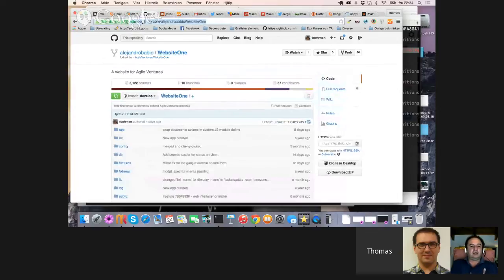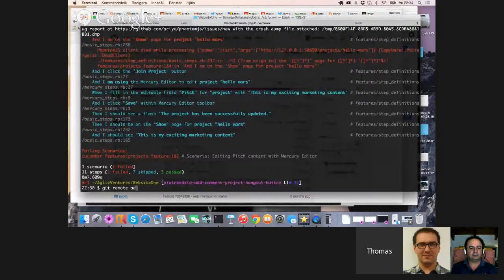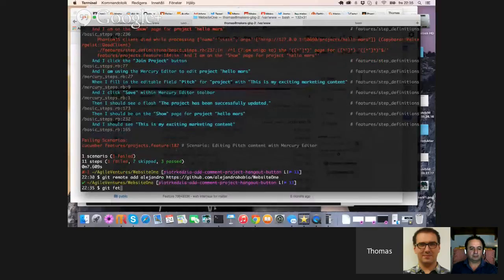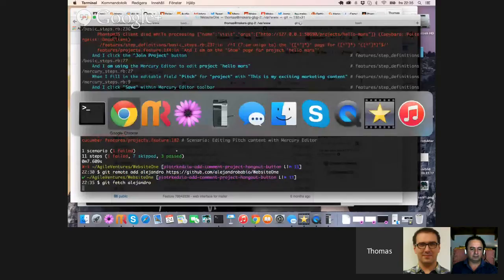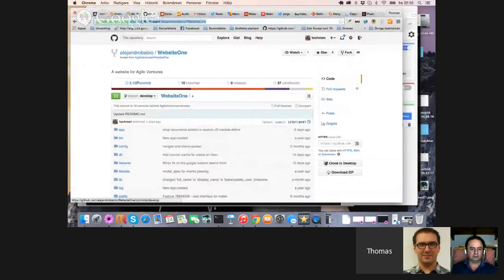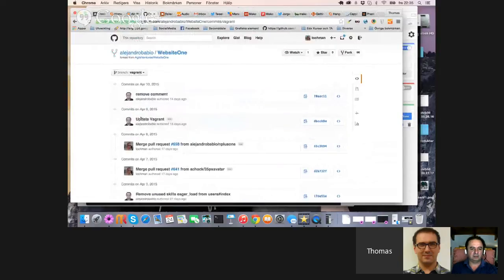Hold on a second. So okay, let's just do git remote add Alejandro and fetch. We'll just do vagrant. And that is the update. This is the one, right? So we will cherry pick.